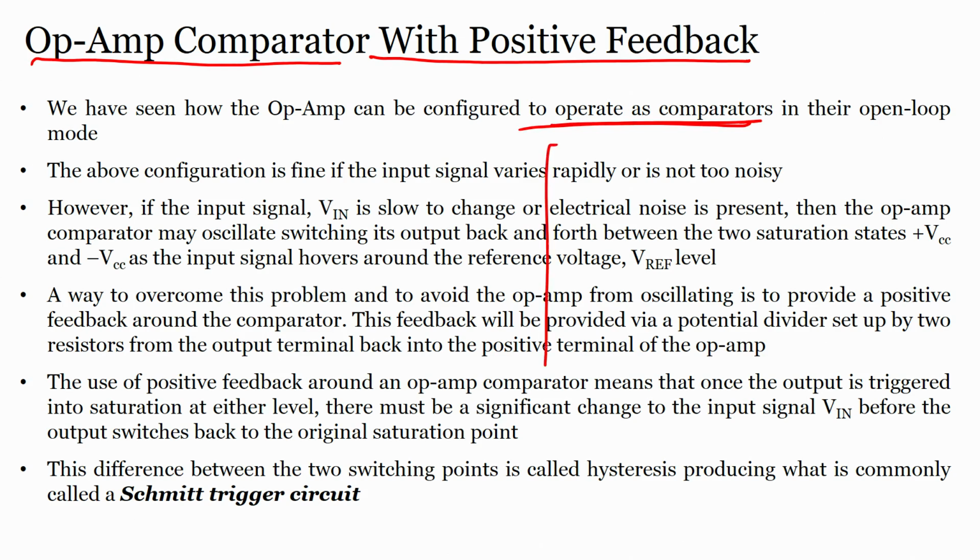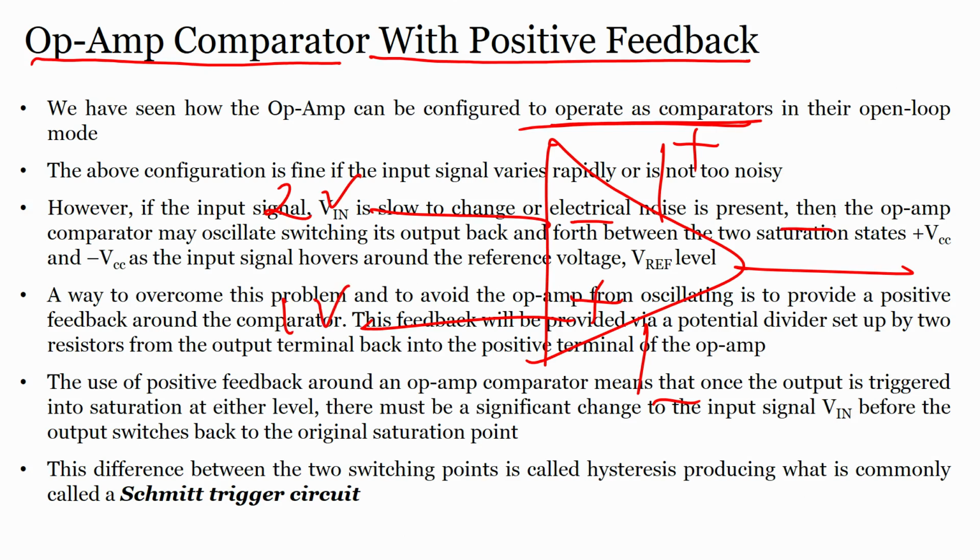That means we just draw an op amp, and we have applied bias plus and minus. Now you already know that if the inverting terminal is, let us say, 2 volt and the non-inverting terminal is 1 volt, then the output will go to negative saturation. And if my inverting input is 1 volt and non-inverting input is 2 volts, that means my non-inverting input is higher than the inverting input, and my output will go to positive saturation. This is open loop.